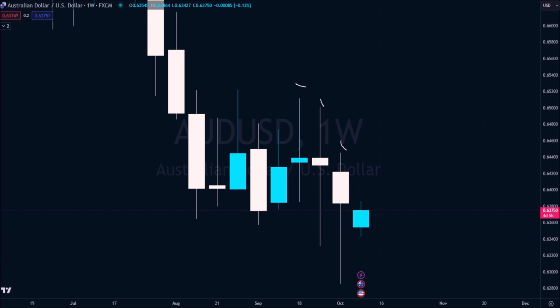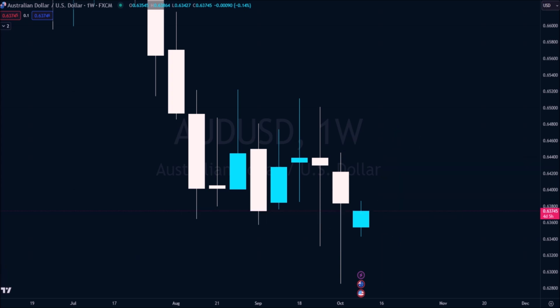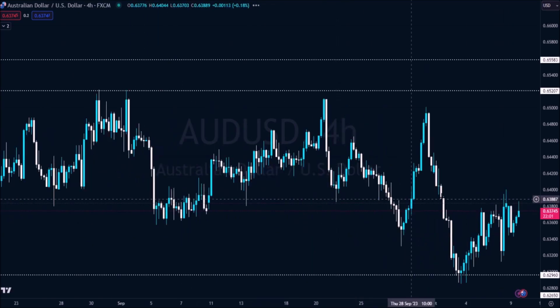So that would be my next point of interest, really, if we can take out a previous weekly high. Something like this. Then this is where we start looking for selling opportunities. Then we're looking for the trade back down to previous support. So if we go down into the H4, although price action is a little bit tricky,